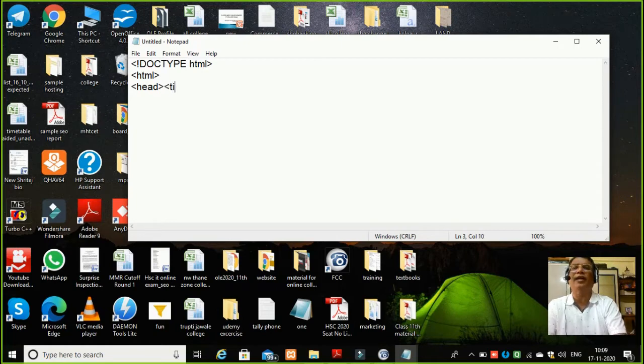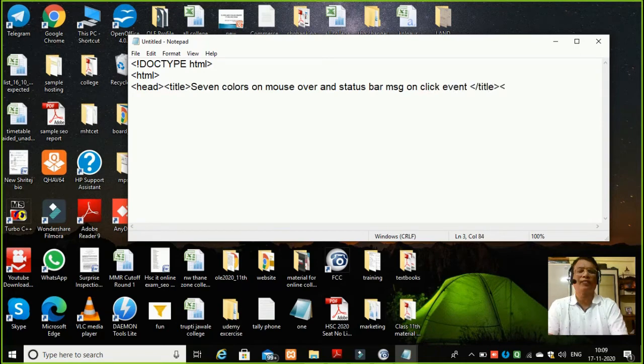So I will write title first: 7 colors on mouse over and status bar message on click event. Then I will write slash title and I will leave some space over here for coding.